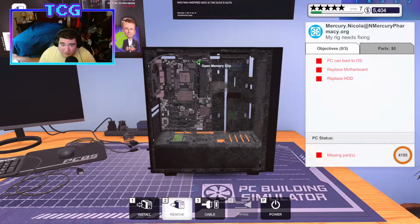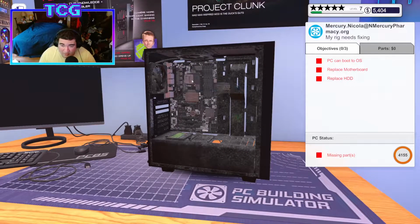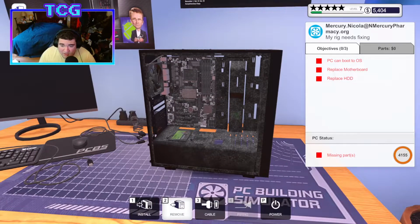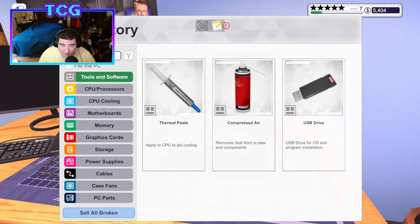Okay, well, do that. We'll open our memory chip. We got some Ripjaws RAM. That's pretty cool. We're going to go ahead and unplug our 24-pin connector. And we got to also replace... We don't have to replace the PSU because that's not one of the things that said you need to replace. We will, however, clean the...